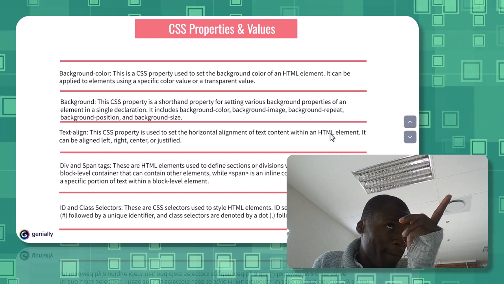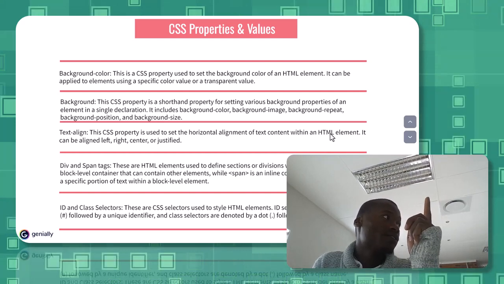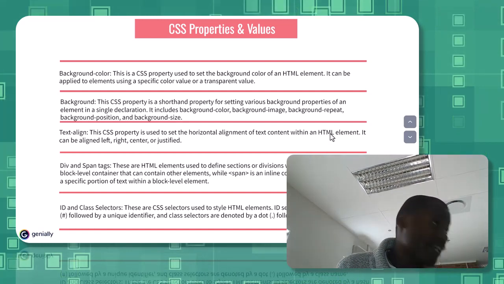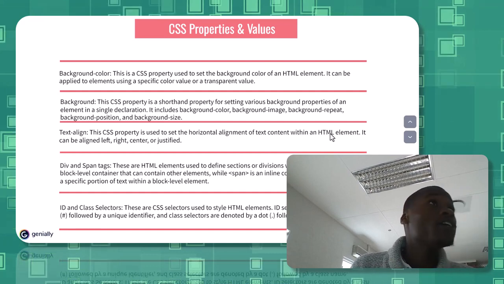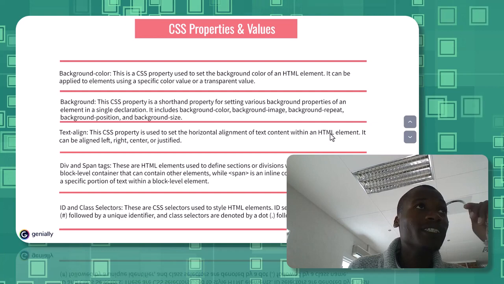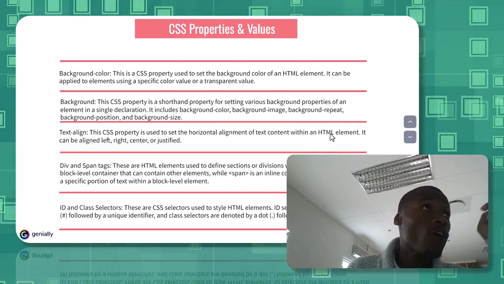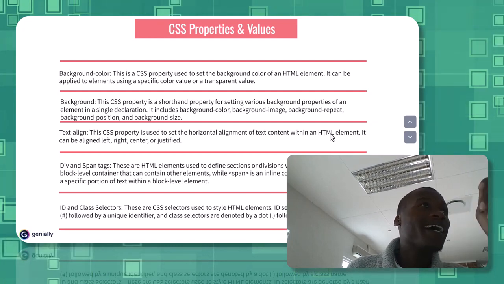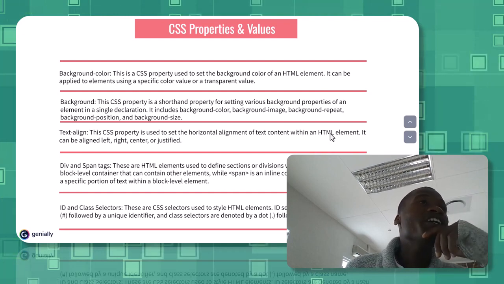So the background would be everything that you can change in the background, including the background color, because it's coming from there. It includes background color, which is the first property we already discussed, background image, background repeat, background position, and